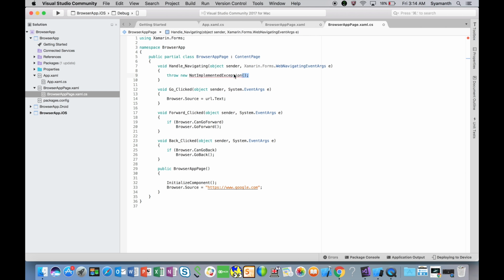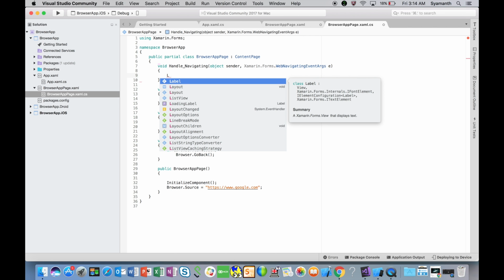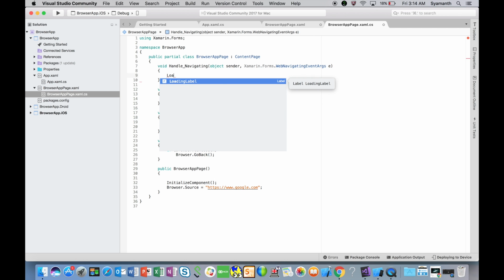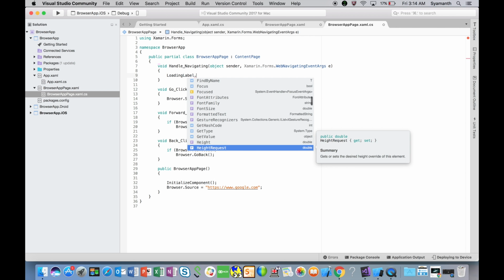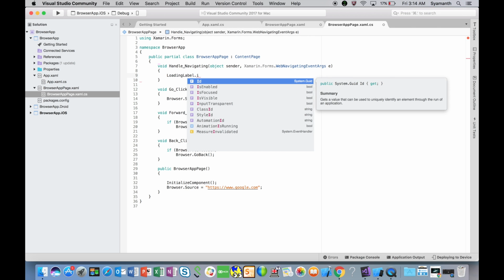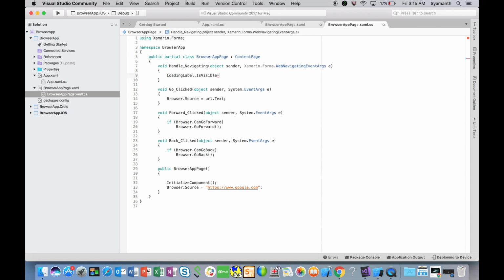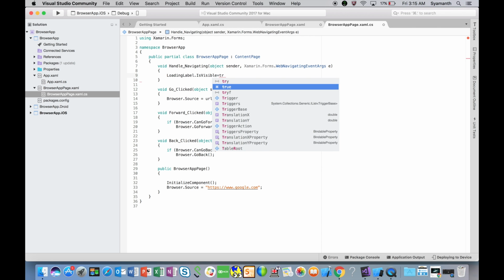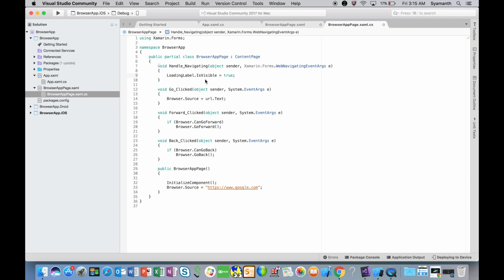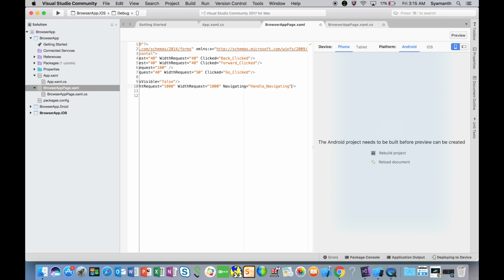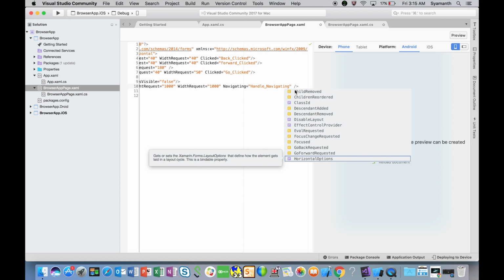So when it is navigating, we need to set the label. What is that? Loading label. Loading label dot is visible equal to true. So when the URL is loading, this loading label will show up, and when the URL has completed loading, then